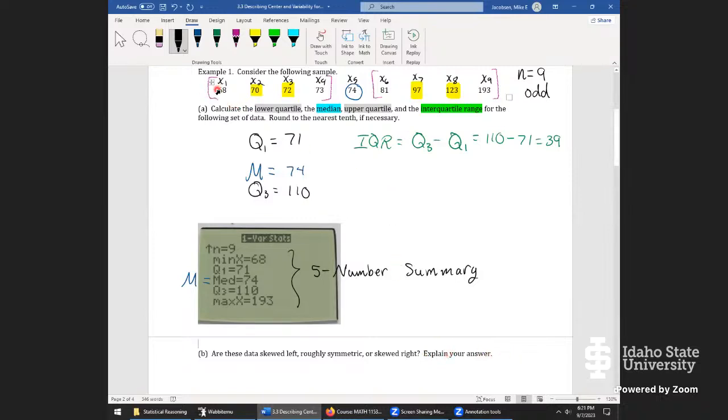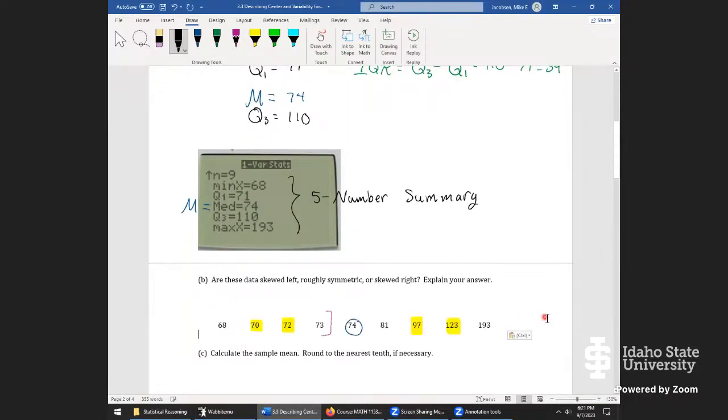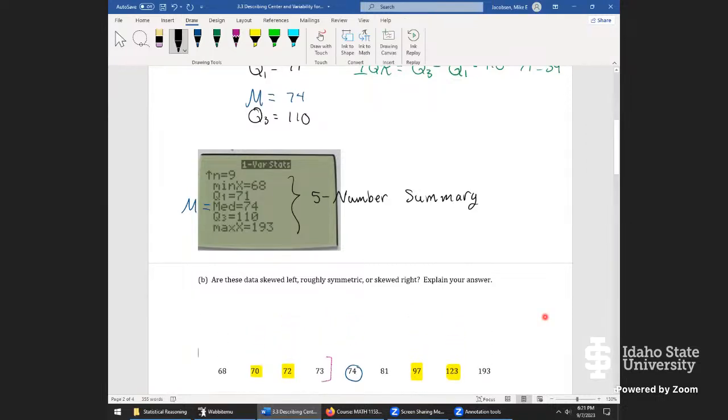So I'm going to take all of these data. I'll just duplicate them here for easy reference. But what we really want is a really fast dot plot. So let's see here. Our minimum is 68. The maximum is 193. So I guess we can go in steps of, how about 20 this time? We have a lot of tick marks otherwise. We can maybe start at 60, go up to 80,